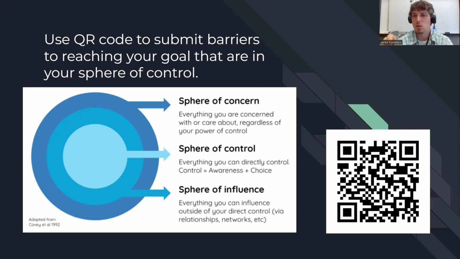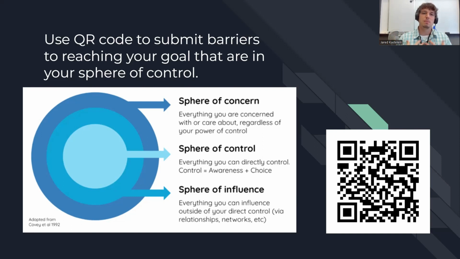If you scan this QR code, it'll take you to a website where you can submit the things that are affecting student success but are outside of your control and influence. I'm gathering that from everybody and creating a word map that's going to be displayed outside my office next to my goal. That way people at district office see that, and maybe they'll see something that's in their sphere of control, and then they can help us target that to remove those barriers.